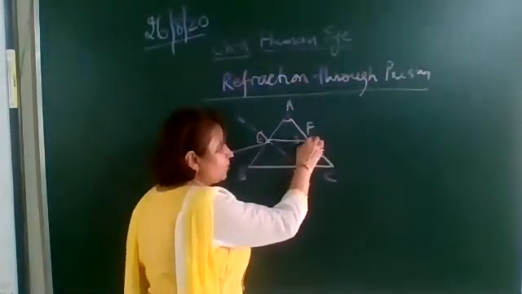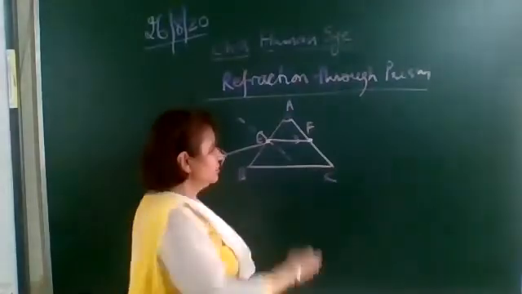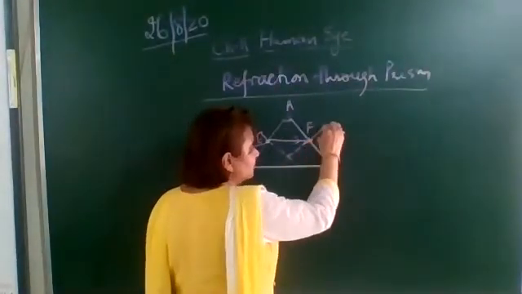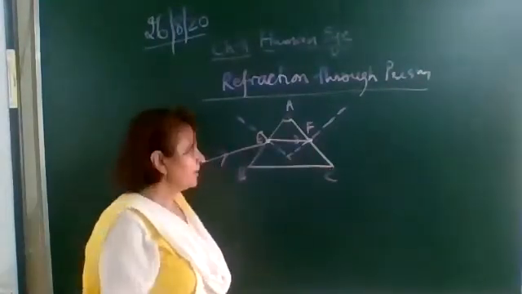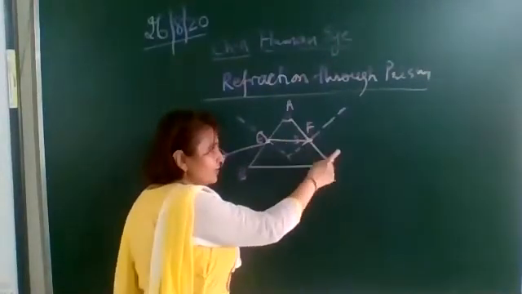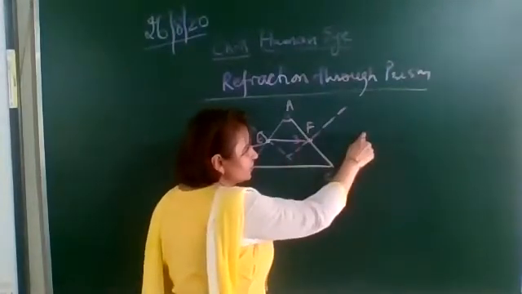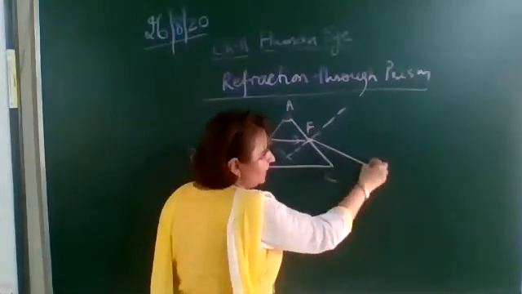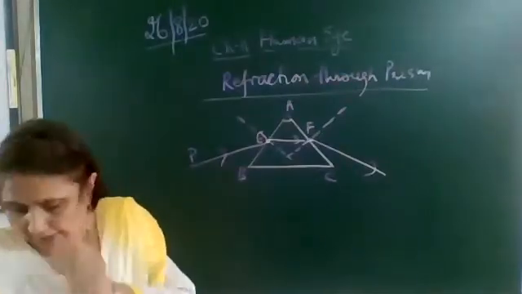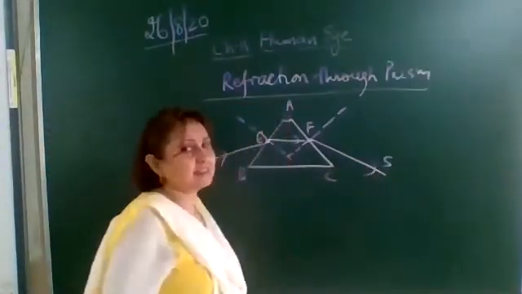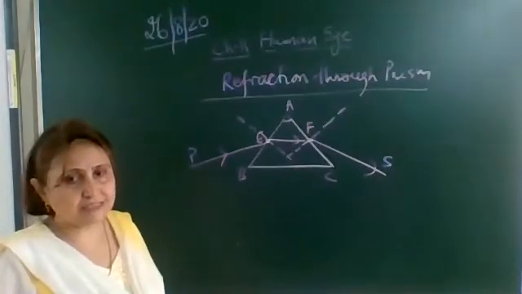So again at point F, we draw one more perpendicular to the AC face. This is also the normal to the surface AC. Now this ray of light, as it is going from denser to rarer medium, will bend away from the normal. It won't go straight. It will not bend towards the normal. It will bend away from the normal. And this ray from F, we call the emergent ray. Why? Because it is again emerging back into the air. So it is called the emergent ray.